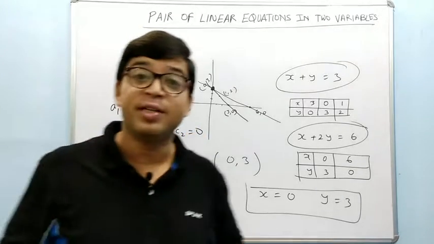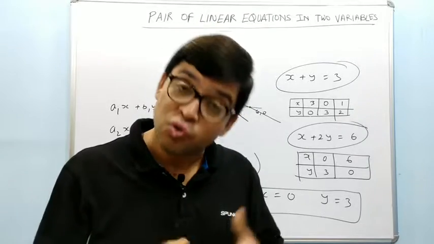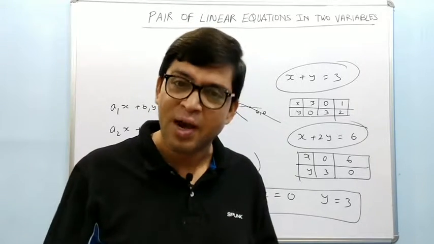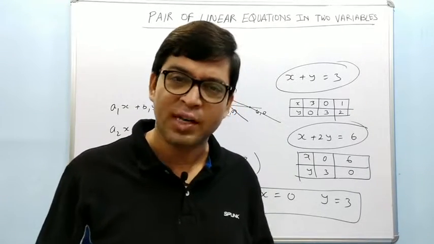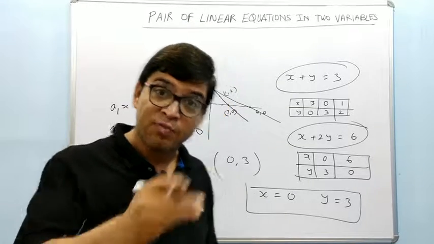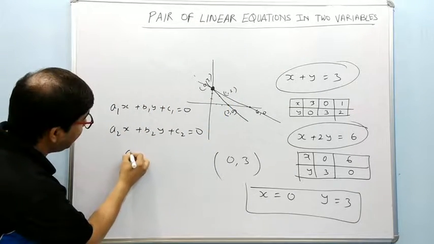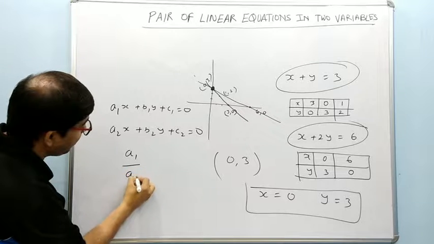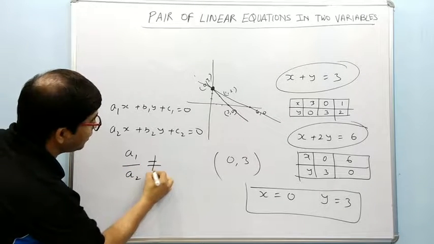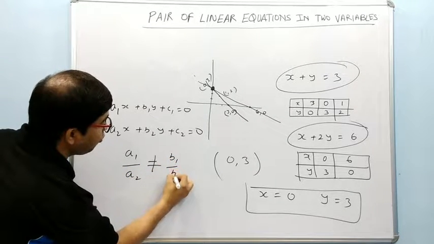Very important result I am going to give you, so that without solving you can predict whether the equations have any solution or not. The first thing is that if a1 by a2 is not equal to b1 by b2,